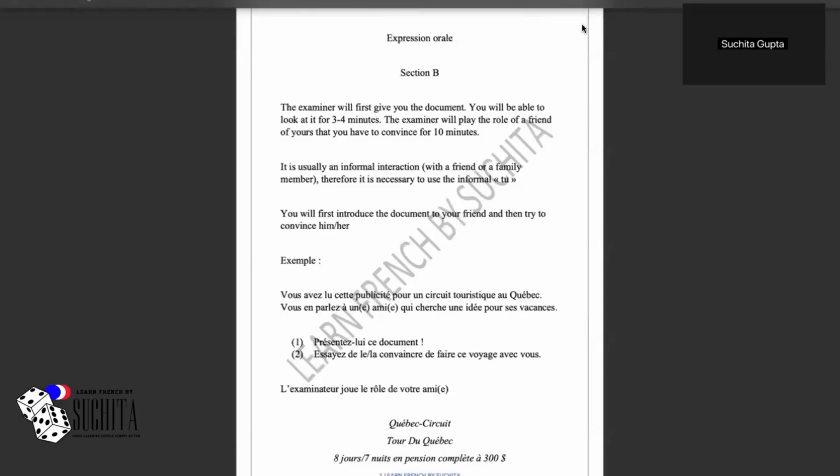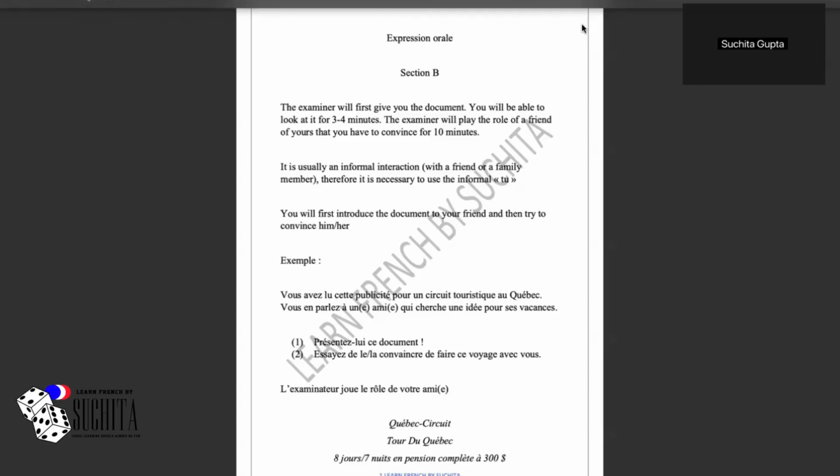Expression orale, section B. Till now, for TEF speaking, I've already introduced you to section A. Today I'm introducing you to section B. Just like section A, you will have an A4 size sheet in front of you on which there will be an ad printed. Similarly, for section B also, you will have an A4 size sheet in front of you on which there will